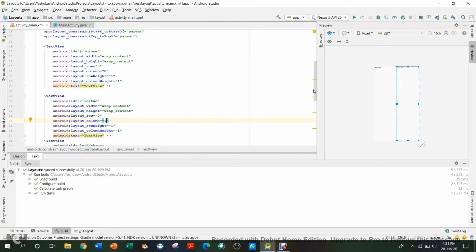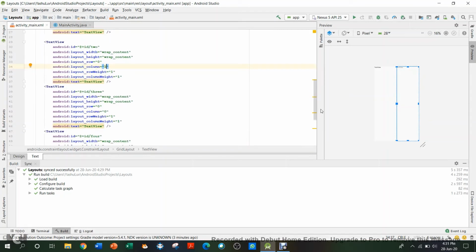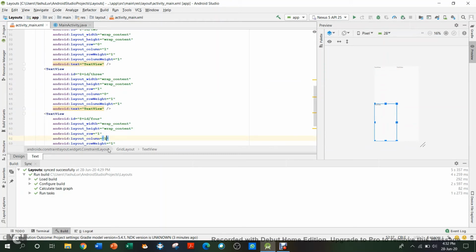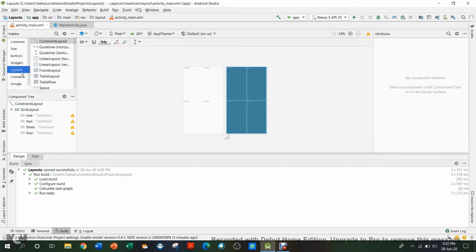Also one more thing, in Android Studio 1 is noted as the second place and 0 is noted as first, and it goes on. So if you want the 100th position, then you'll have to do 99. So here we are going to do row 1, and here row 1 and column 1. So if you can see now, it looks so much neater than the linear layout. So that's one more way of doing it.